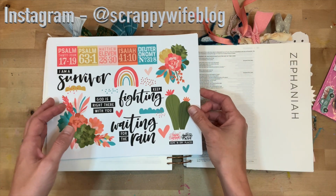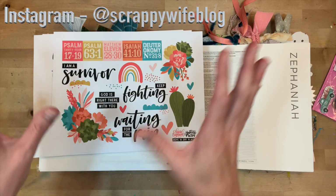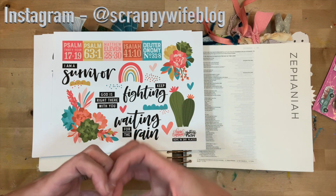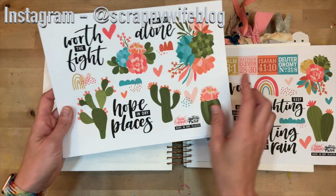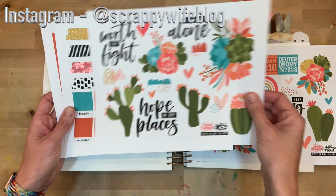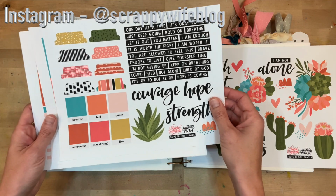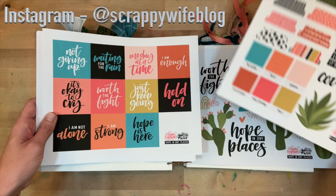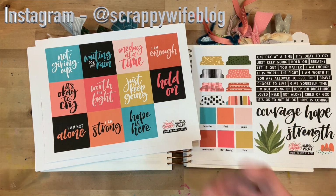This is called Hope in Dry Places, and it features this juxtaposition of all of these succulents, which are plants that really hold on to water so that they can withstand dry times. I love all the different cacti in here. This one is all about mental health, and Shawna is encouraging us, if we feel like we are in a dry time, if we feel like we just can't see God,